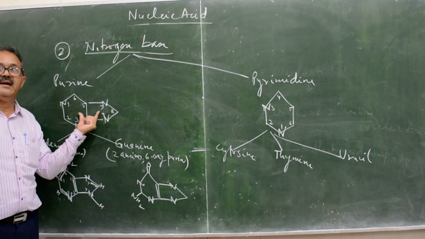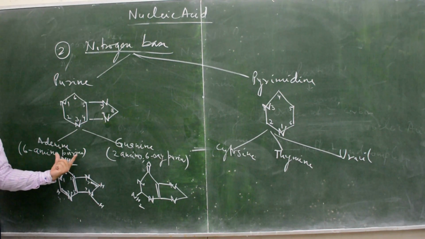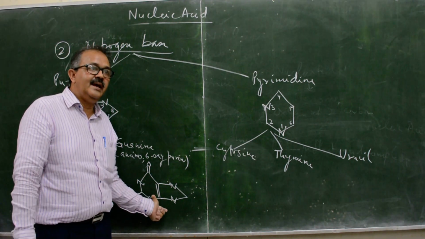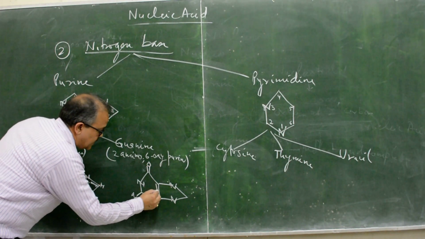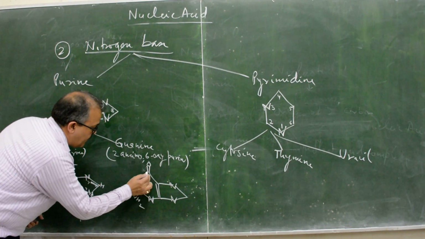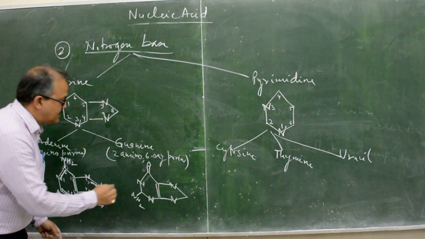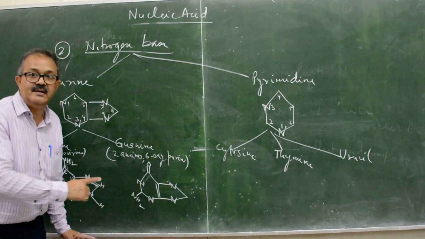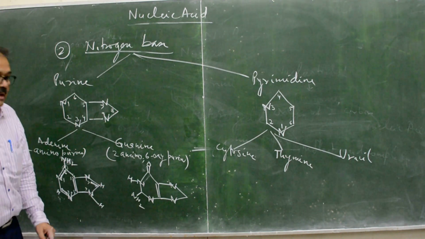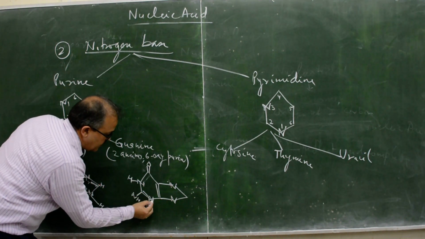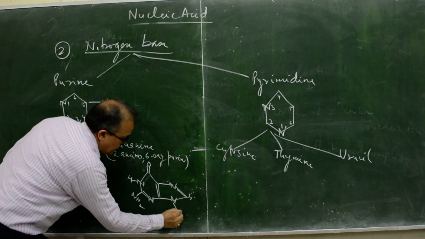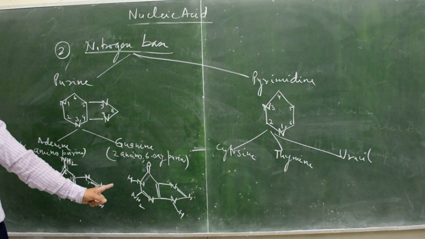First of all, you should know adenine has an amino group at the sixth position. You write the amino group, then it will be adenine. You see here, if there is a double bond, you can't put a double bond here, because double bonds can't be continuous. Otherwise carbon would be 5, and carbon is already satisfied at 4. Then hydrogen, a double bond, nitrogen 3, carbon 4, and nitrogen. It is like that.